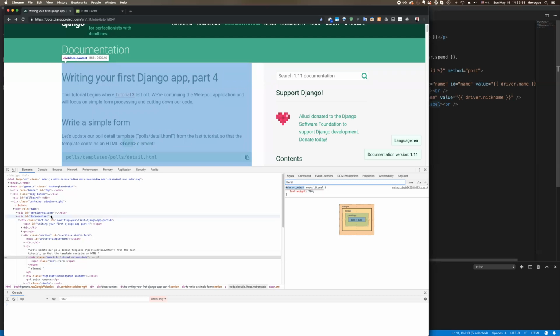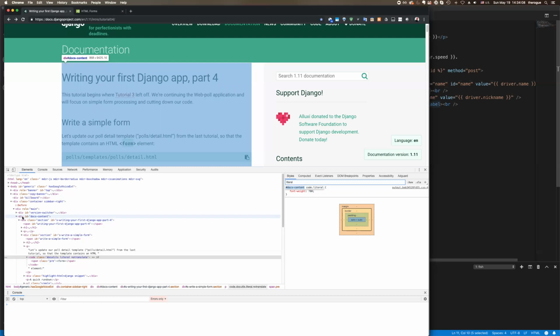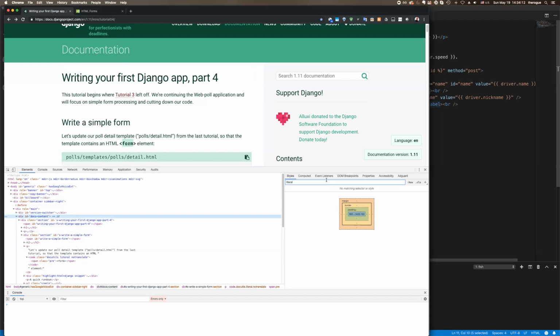And you can see even in the highlighting above that the form text is within this larger text element. And here we have the div with ID equal docs content, and here we have, where is it? Okay, here we have the